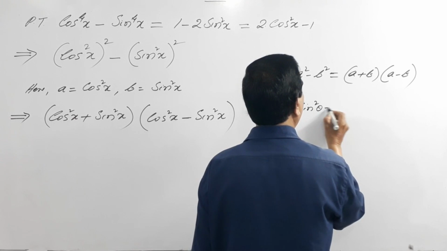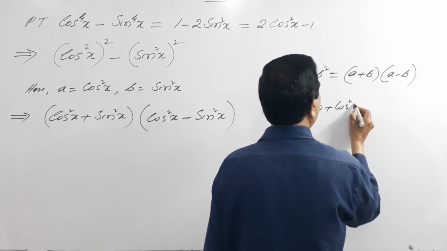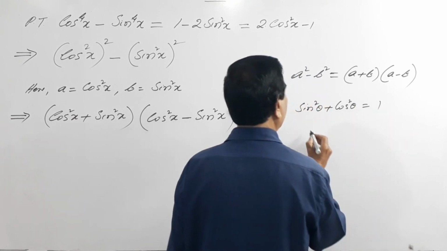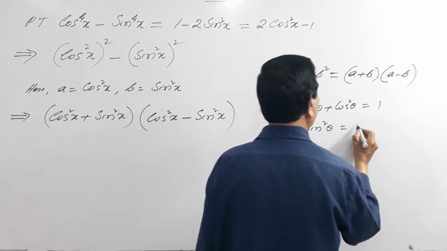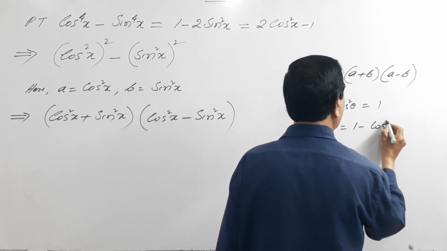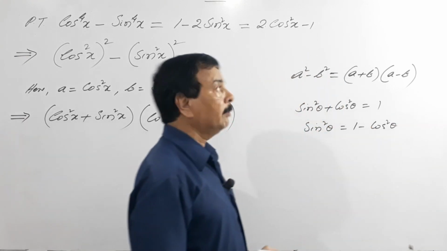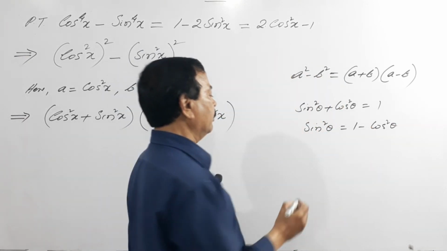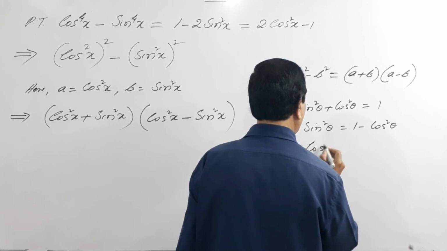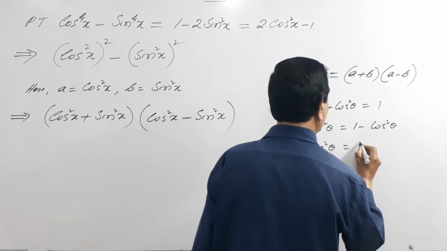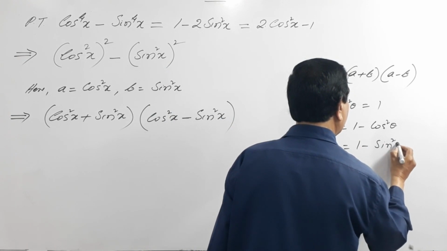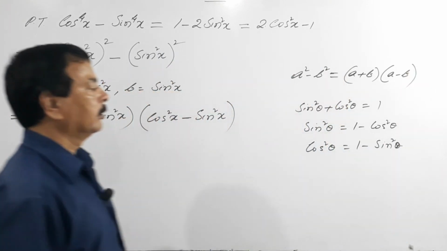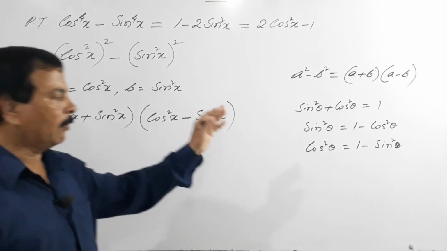Sin square theta plus cos square theta equals to 1 and sin square theta equals to 1 minus cos square theta. I want to prove both the case, I need it. So also cos square theta equals to 1 minus sin square theta. So whatever formula, जो भी formula चाहिए